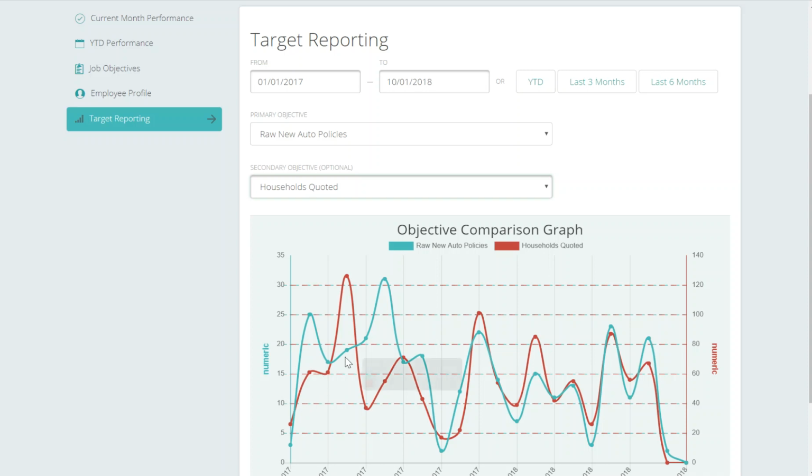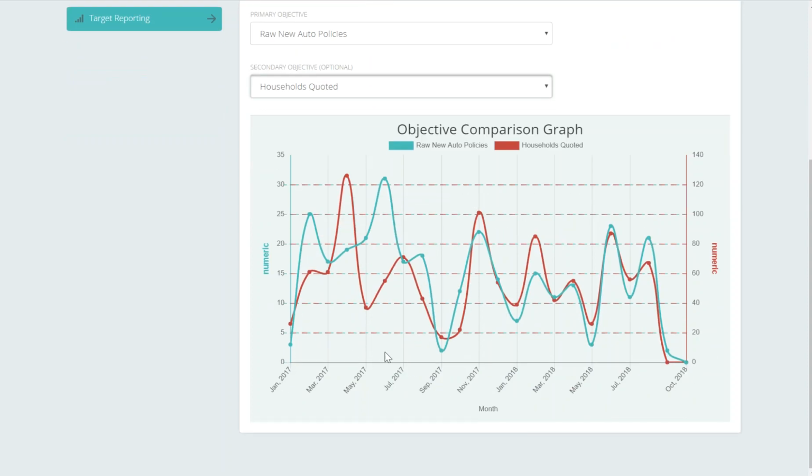So you can see there are a couple of outliers here, an outlier just meaning that there's certain months where she's quoting a lot of households. Like in this case, she quoted 126 households, but only made 19 auto sales. But for the most part, if you look at these loops, these peaks and valleys, so many of them are related, right? They really start getting related towards the tail end of this trend. So you can see that there's an upward spike here, a downward spike there, an upward spike here in